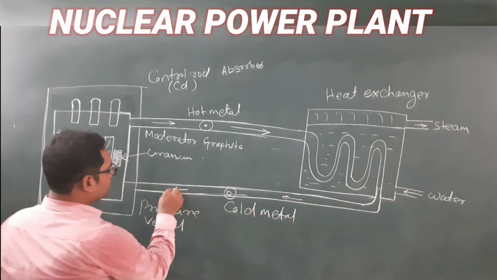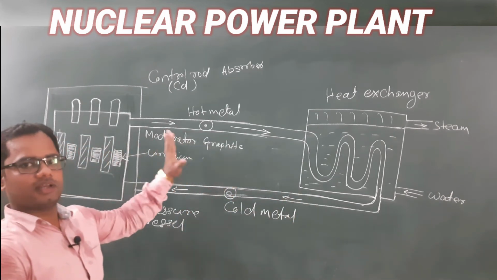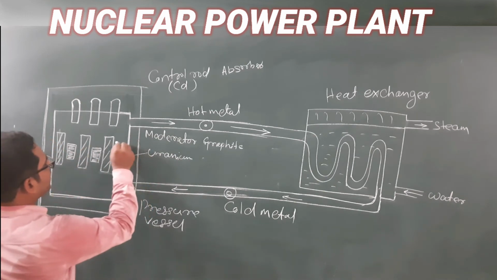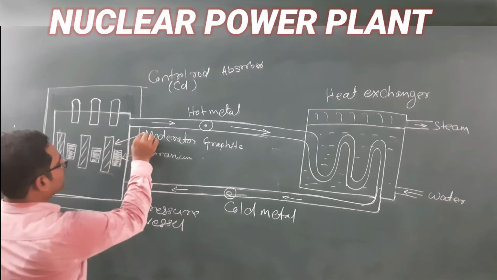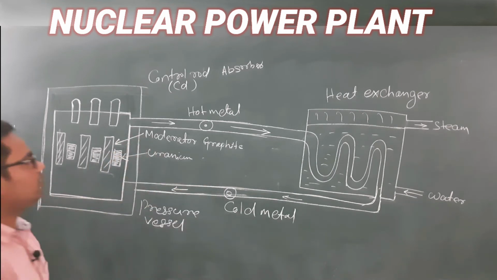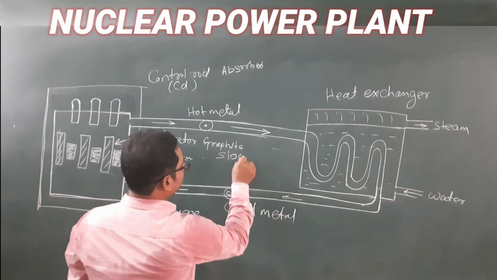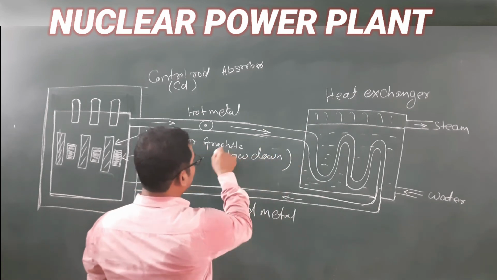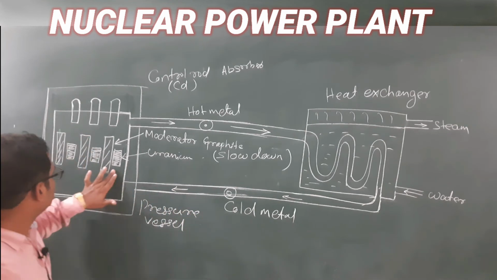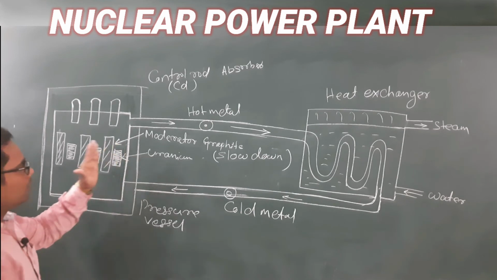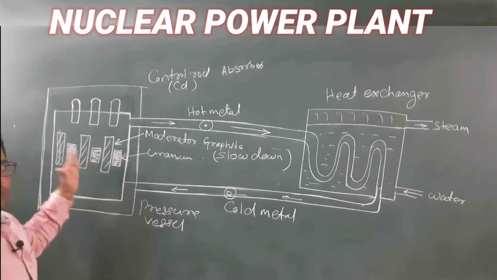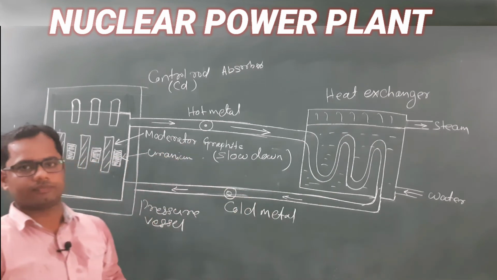Okay. So that chain reaction is very fast. To slow down the reaction, your moderator is there. This one is the moderator. Okay. The function of the moderator is to slow down the reaction. It will check the reaction. It means that whenever graphite is there, and one uranium is bombarded, it will just check the next uranium particle, so that the reaction will be slowed down.